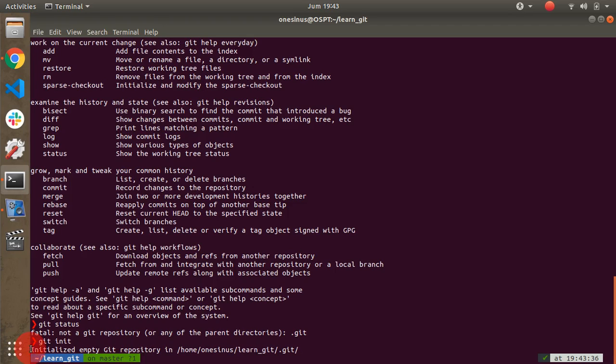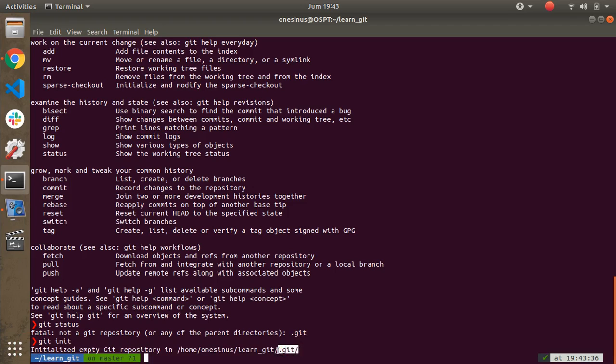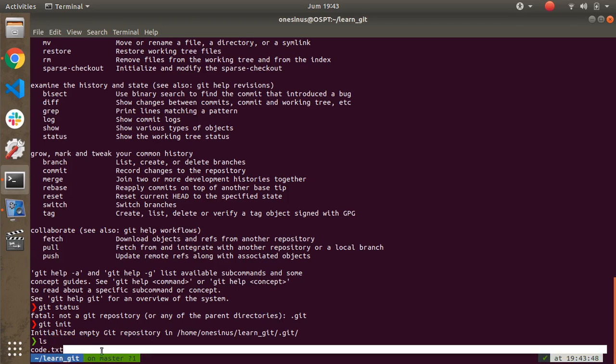This command will initialize a Git repository, and there is a .git folder in our directory. If we run the command ls, we will not see the .git directory.